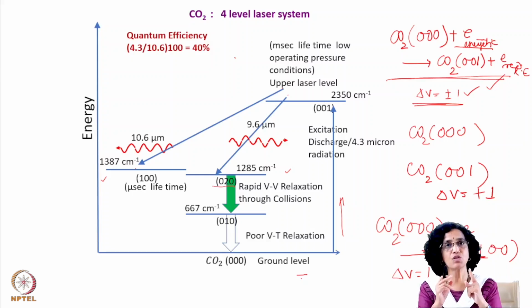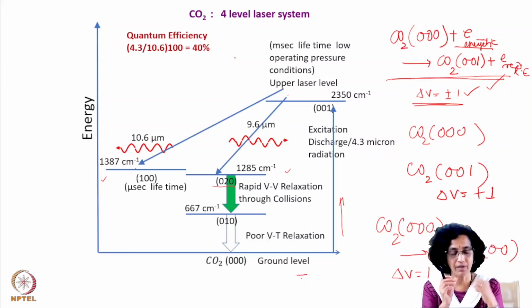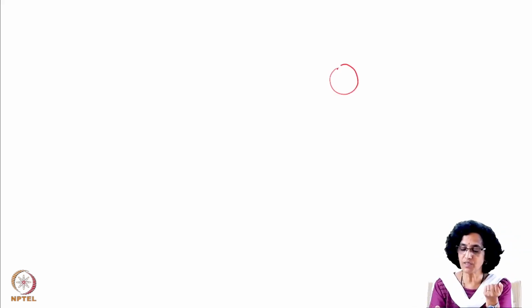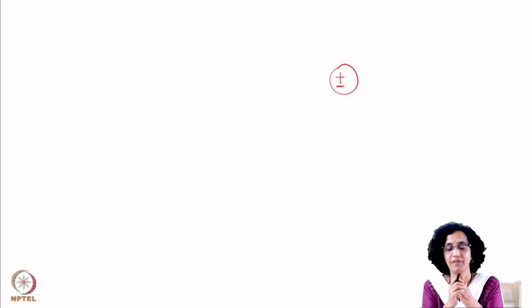The other thing is, to have a vibrational transition, there should be a change in dipole moment. But in symmetric stretch, there is no change in dipole moment. You can actually imagine that it is moving symmetrically. What is a dipole moment? When we say there is no dipole moment, that means the centers of the positive and negative charge coincide with each other. The molecule does not have a dipole moment.